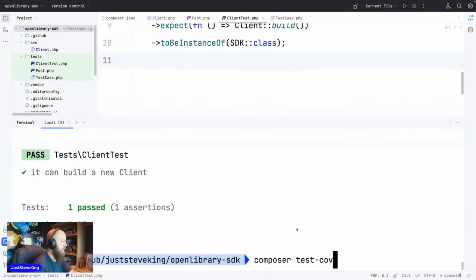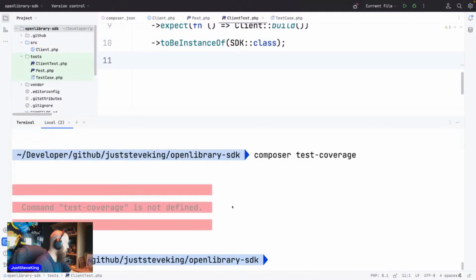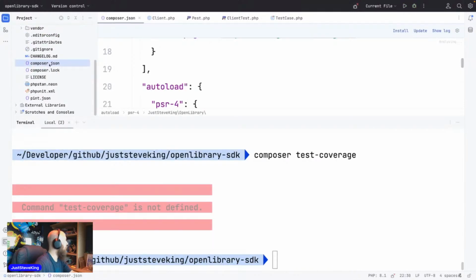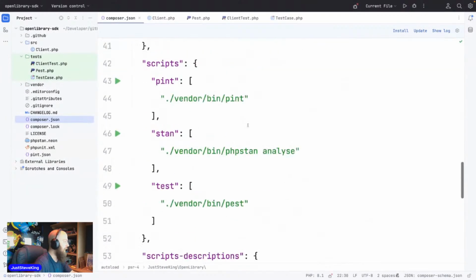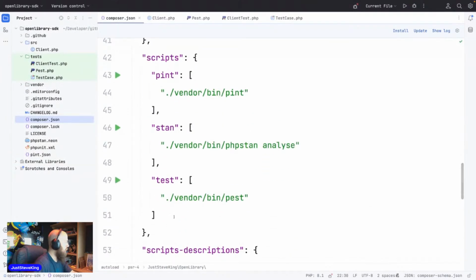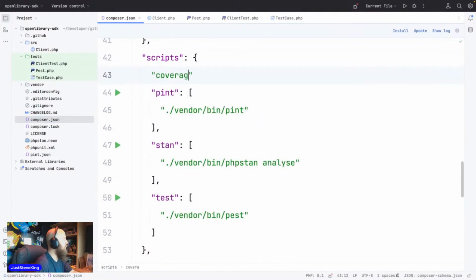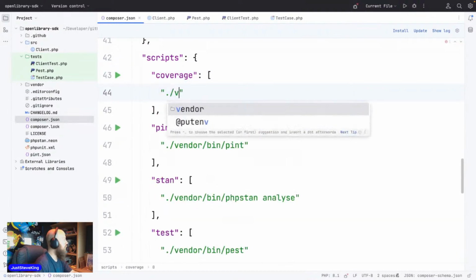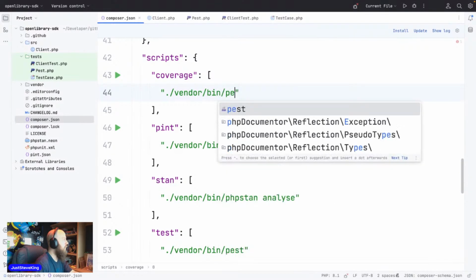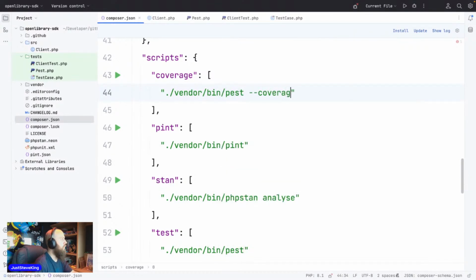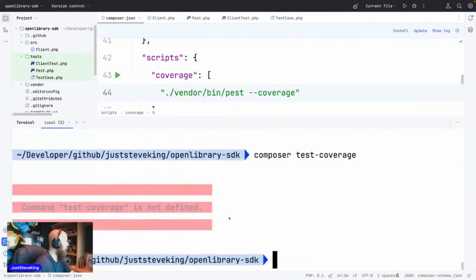Composer test coverage. Did I add that one? No, I didn't. Let's add that quickly. Useful little scripts that I like to run. Tell you what, I'll add it at the top. Coverage, got vendor bin pest coverage. So if we just run